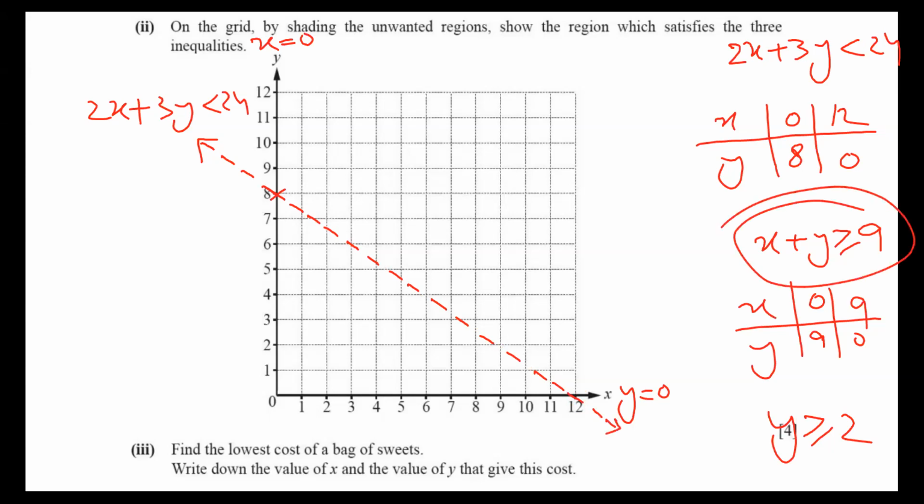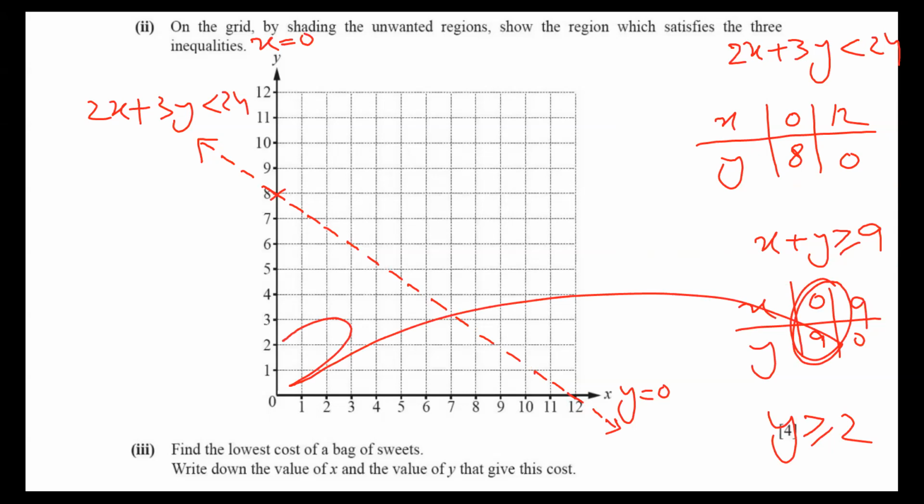Now let's talk about this line. x plus y is bigger than or equal to 9, and you know x is 0, y is 9; y is 0, x is 9. So I'm going to plot this point, and this time I'm using blue color. I have this point, and x is 9, y is 0, naturally it is here. So I am writing here, and now I'm going to make a solid line this time, and let's start.